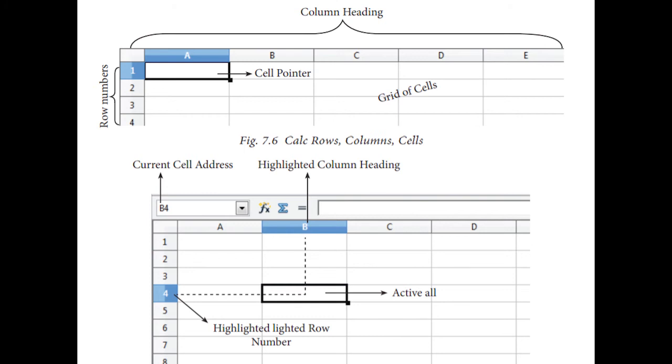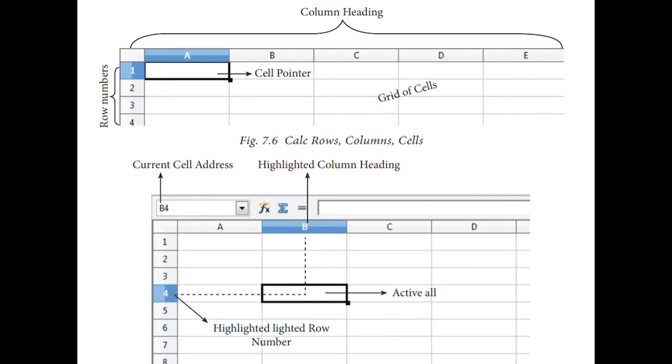That means the first column name will be A and the last column name will be XFD. Right, rows are like this only, it will have 1,048,576 rows.